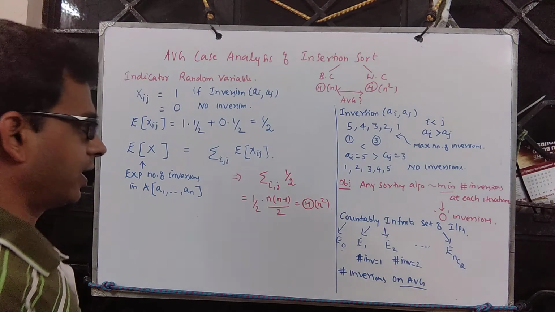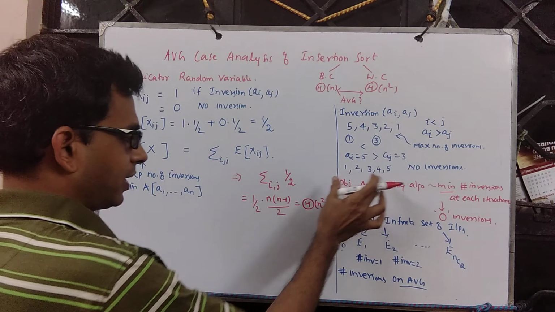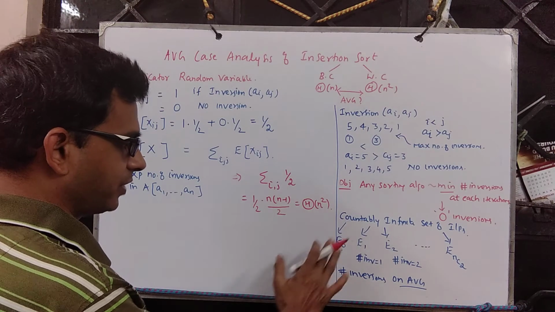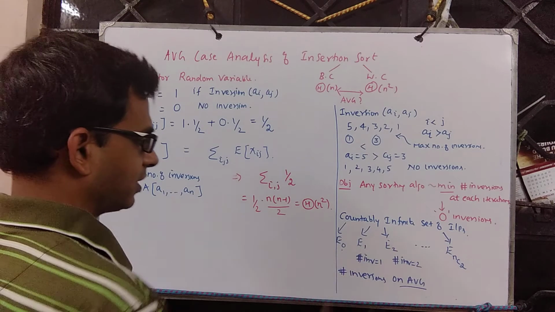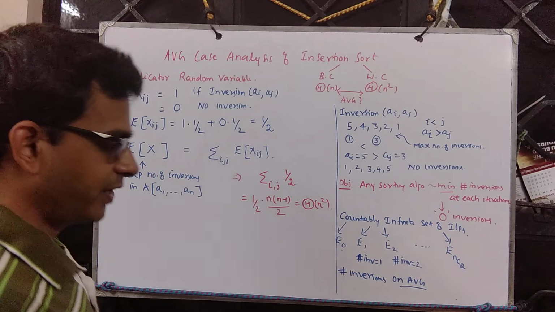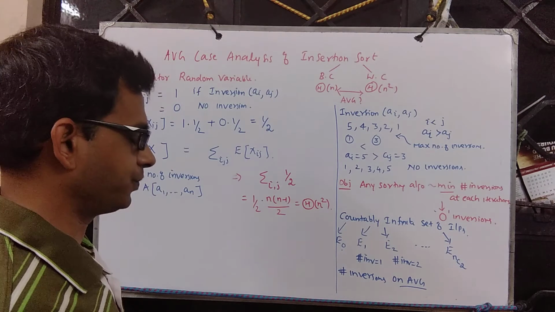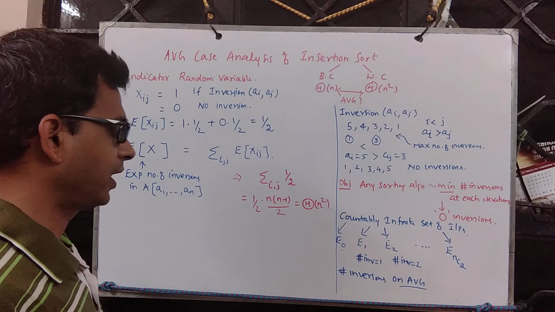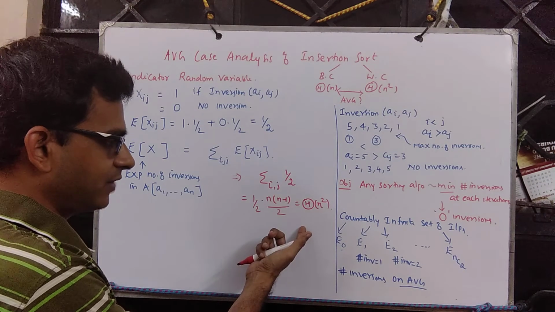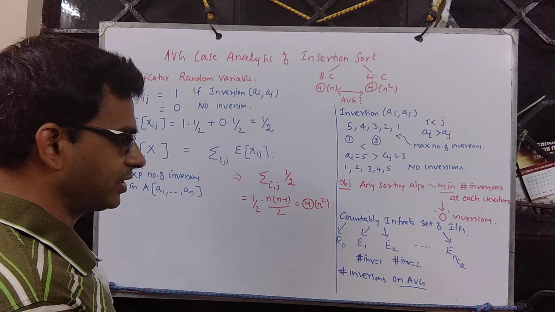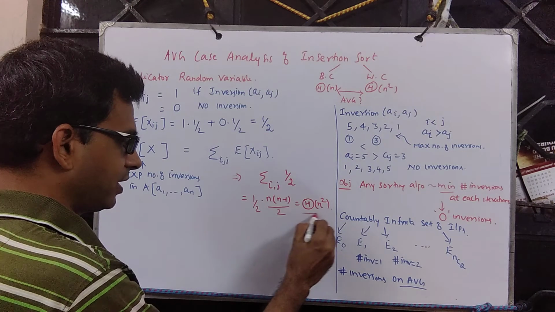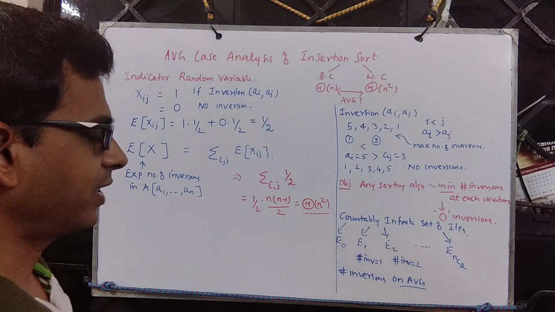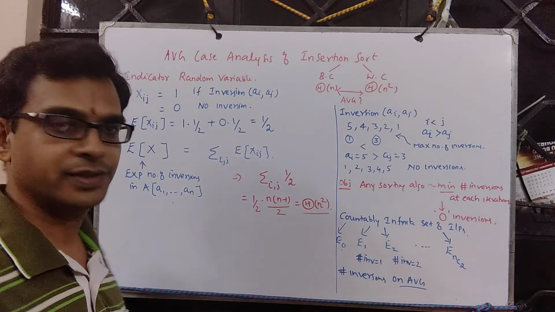So given an input of this type, the number of inversions could be 0, which is already sorted, leave that part. It could be 1, it could be 2, and it varies between 1 and n choose 2. We wish to know on an average how many inversions there will be. Once we set right the inversions, we get a sorted sequence, and it turns out that the number of inversions on an average is theta of n square, which is again close to the worst case.